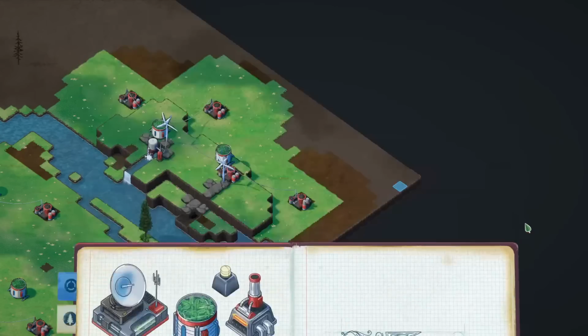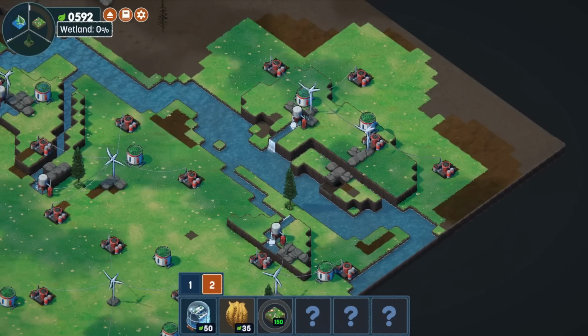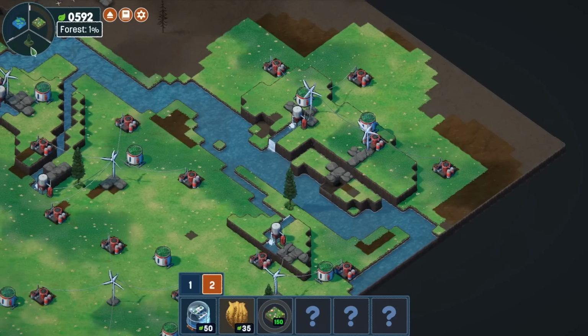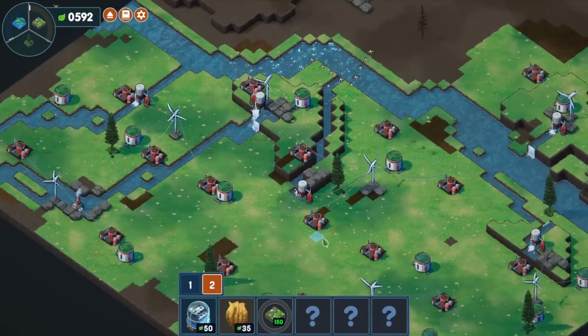We'll go back. Good. Alright, so now we have new things unlocked. We completed the first stage, and now we need to make wetlands, finbows, and forests. Alright. The way we make forests is...